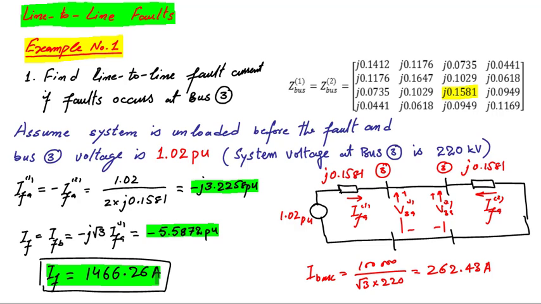Now if the voltage on any bus during the fault is required, we have the three sequence components of the fault current. I0 sequence is 0, and I positive and negative are given here. Positive is equal to minus j 3.2258 and negative will be j 3.2258. So these three sequence components can be used to find the sequence component of voltage on any bus. Once we have the sequence component of voltage, we can find the phasor value of the voltages. If only the Z bus is given, the voltage and current that we can calculate include the fault current, sequence component of fault current, sequence component of voltage on any bus, and the phasor value of voltage on any bus.